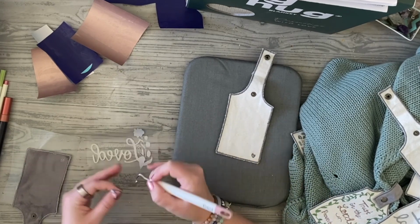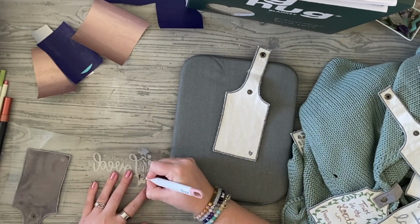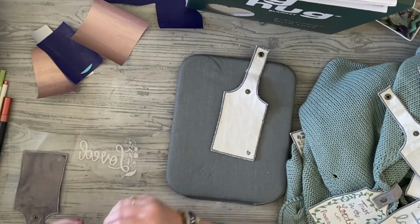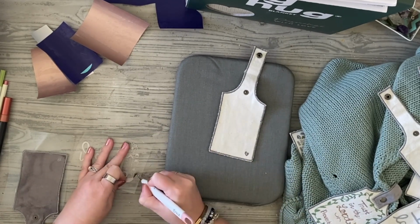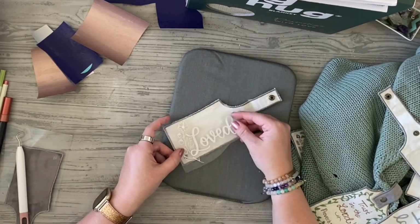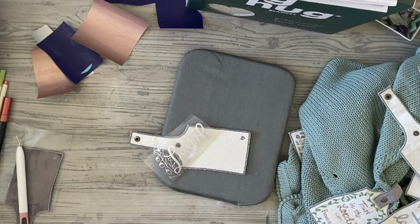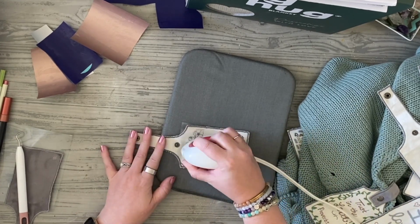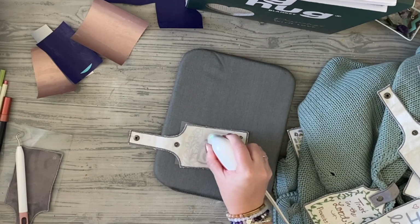All right, so what I'm doing is I'm weeding out all of the images that I cut. That means I'm removing all of the excess, the outside. And you can see this is why mirroring is so important, because the image that you cut out is going to be upside down on this transfer tape, so you can put the entire image down on the surface you want to iron onto. So once I have this weeded, I'm just going to position this the way that I want it on my tag. I'm going to trim a little bit off because it overhangs, and I just want to make sure I have it all on here. And I'm going to use my Cricut mini press to give firm pressure and hold it down, iron it on for about 30